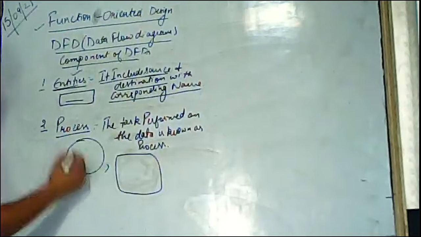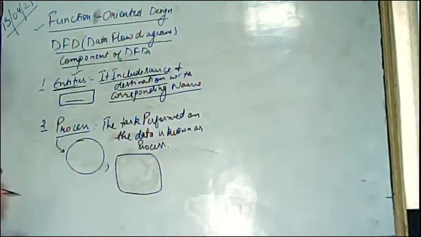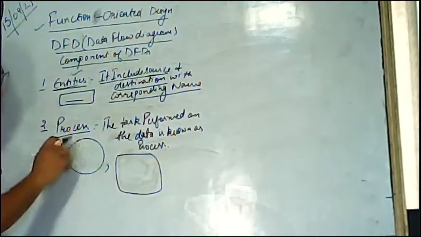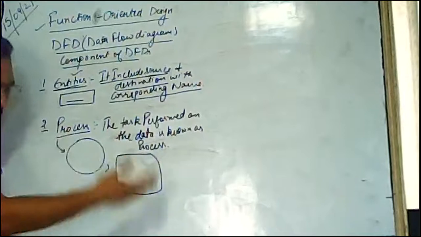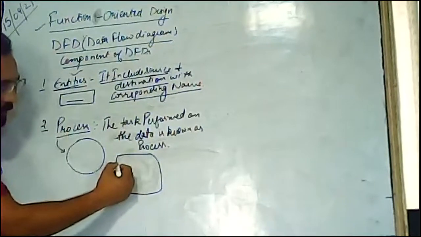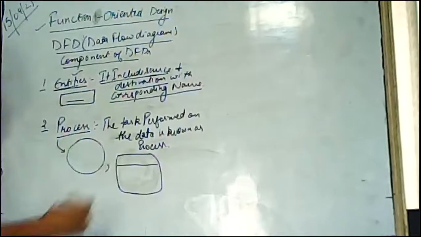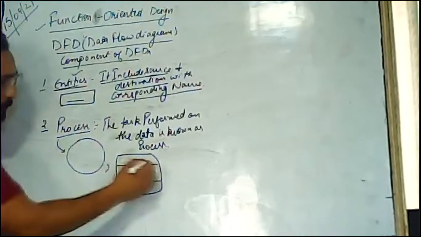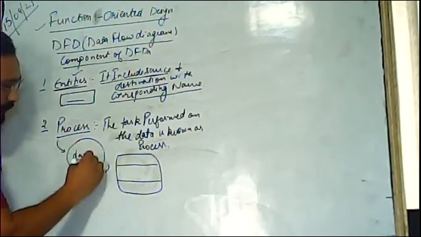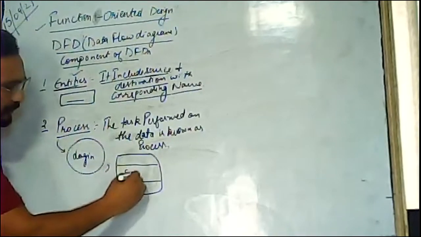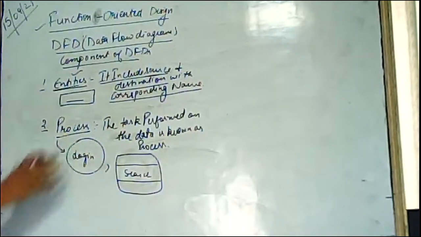This is the process symbol. In some tools, it is represented as a circle, and in some latest tools, it is noted as an oval-like rectangle. And in this, we will write a process name. Like here, this is the login. Somewhere here is the search. These two symbols can be used for a process.